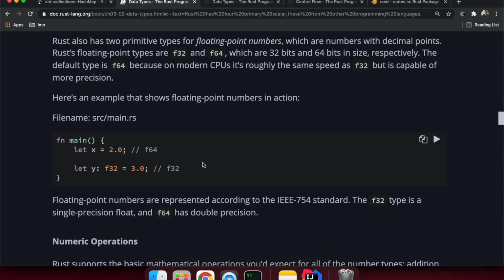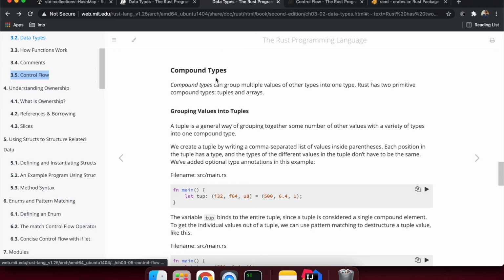I just wanted to explain these things to you about scalar types. Now if we talk about compound types, this is the documentation I have put here. A compound type can group multiple values of other types into one type. Here we can see we have different types: integer, decimal, and number. Rust has two primitive compound types, tuples and arrays.